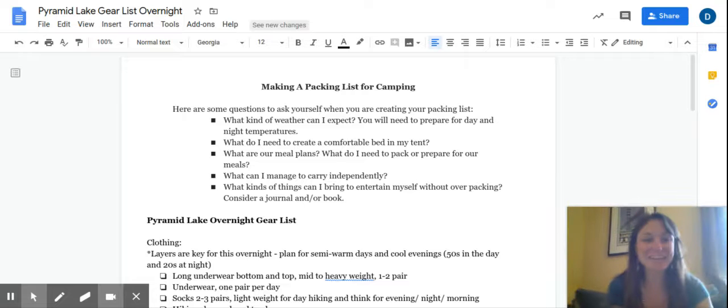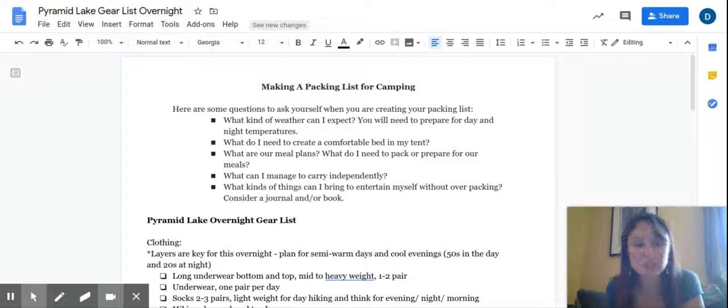Hi, everyone. I am here to talk to you about creating a packing list for camping. This is one of the things that you will be working on during your overnight Tea from Home camping trip. And I just want to point out this is a skill that you will use for the rest of your life. If you are a Tea kid, you will likely turn out to be an adventurous adult that plans fun